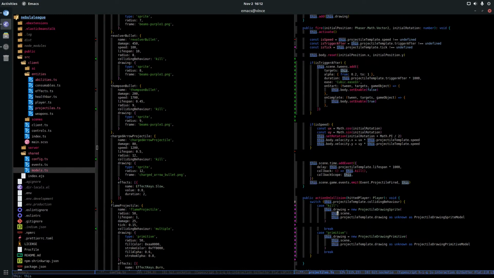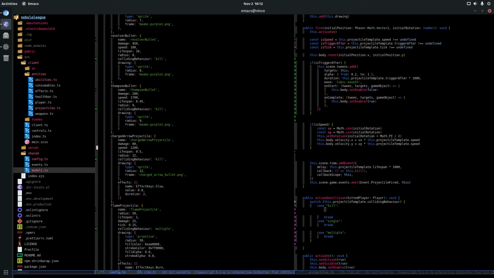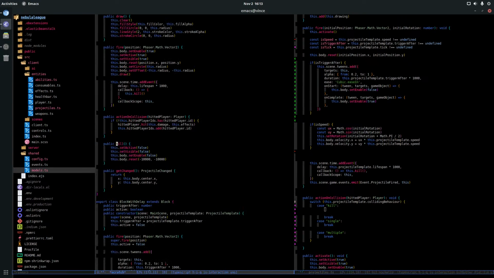Kill is the most simple one, then single and the multiple. For the kill, it's still doing the damage and it's doing the effect.